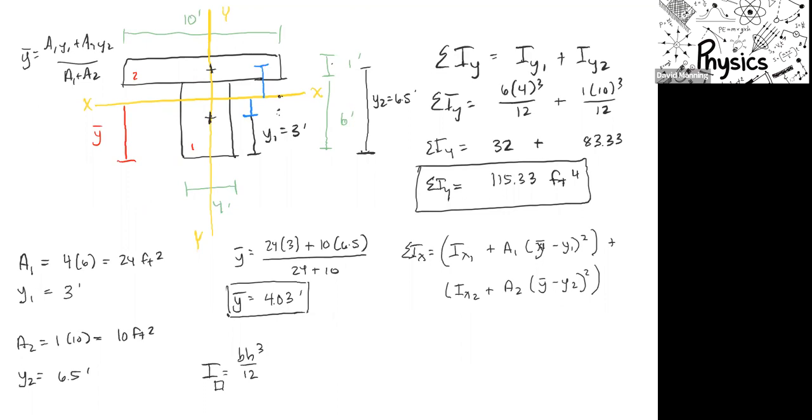That's my formula. And I had to write it on top of each other. Normally I'd write it linearly, but I don't have a big whiteboard. So the sum of the I's in the x equals, well, Ix1 is BH cubed over 12. So for shape one, the base is 4, 6 is the height, that's cubed over 12, plus A1, which we found, we're always going to be finding that in the beginning, 24, times 4.03 minus 3 squared, that's our first value, plus